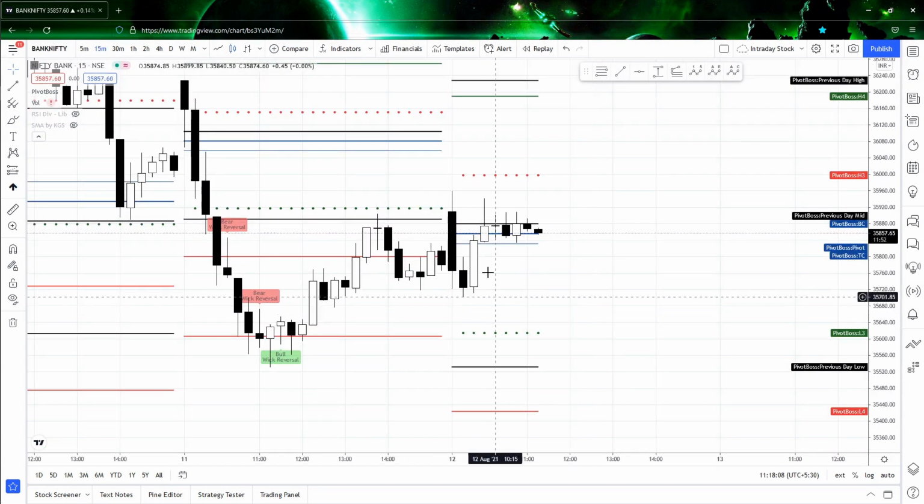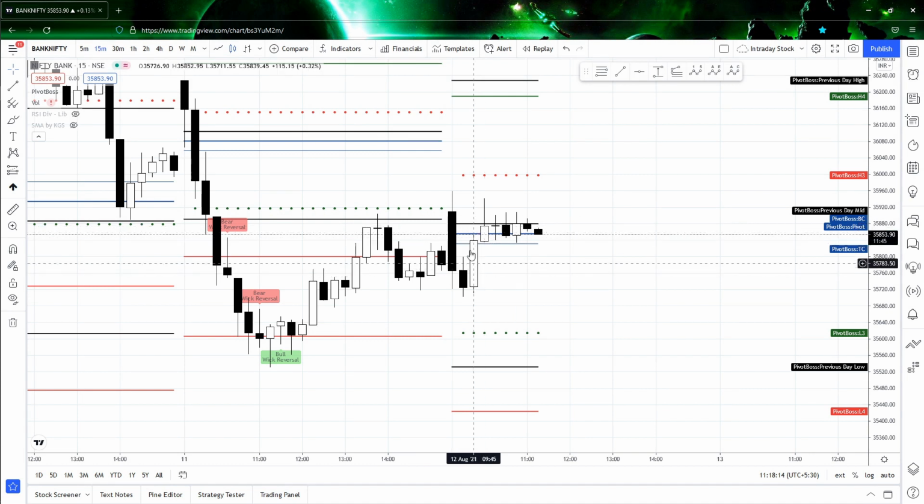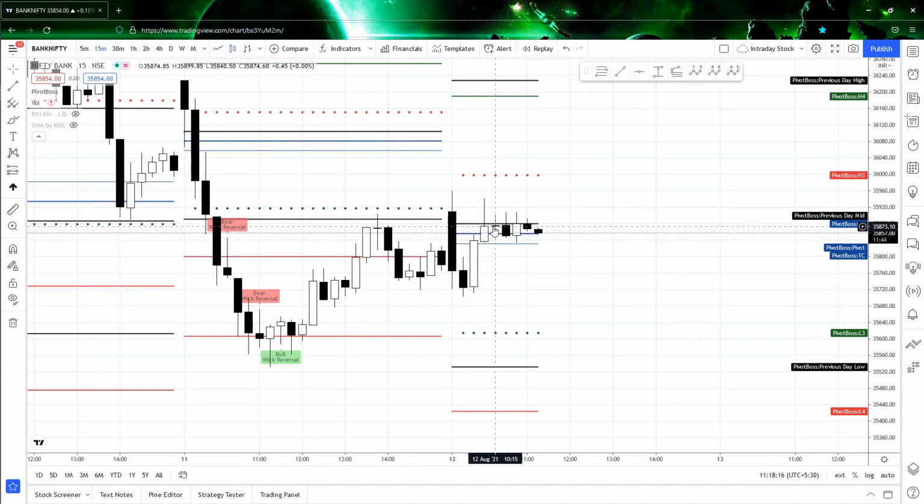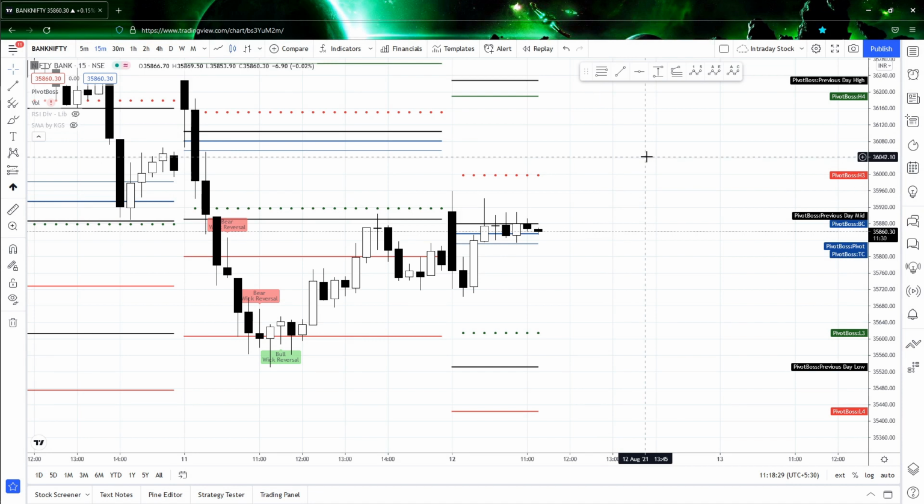So if you see, I just tweeted on my Twitter timeline that this candle has engulfed the CPR completely. It came for a pullback towards CPR, and I said that if any rejection is seen, then that will be a shorting opportunity. But for now, there is not much of a clear zone of rejection. It is trying to consolidate over here, and if it takes support here, then it can move further upside.